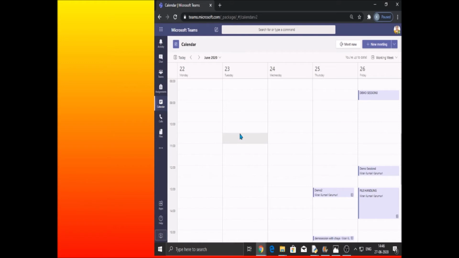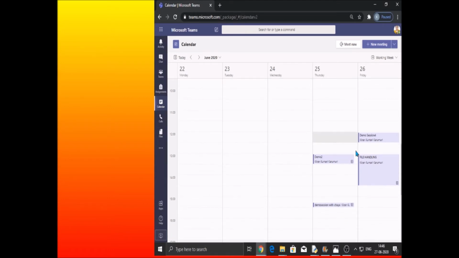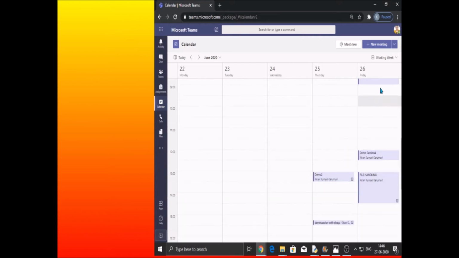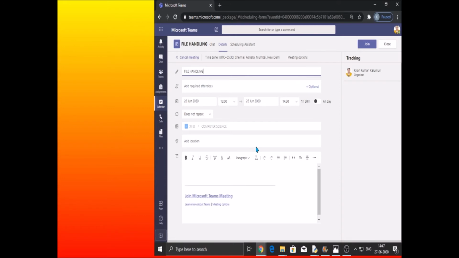All my 12th B students must be receiving this message. But if you are doubting whether a student has joined, or if they are facing any difficulty in logging in, what I can do is open the file handling session I have scheduled.